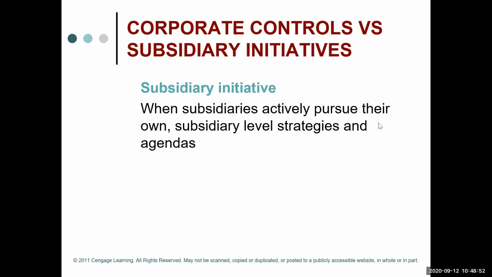Now, there is another trade-off which happens when it comes to strategy for a multinational company or a global company. How much corporate control from the parent company should be kept versus how much freedom should be given to the subsidiaries? If you give too much freedom, they may get out of control. They may just start formulating their own strategy, which may not be in line with the parent company strategy. Then you'll have to spend a lot of time and effort in bringing control back.